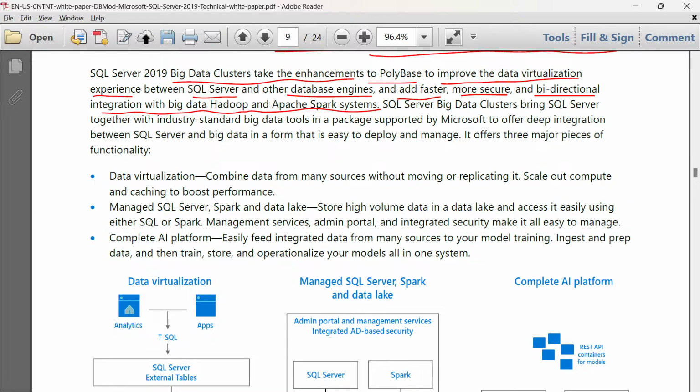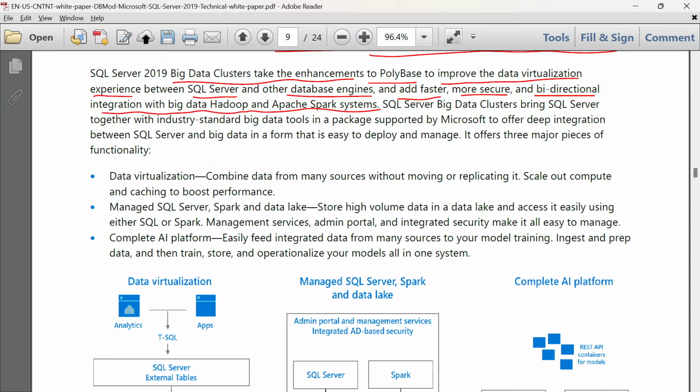Means we are talking about data integration. So data integration is generally one directional: the external data sources get collected or integrated into a common system based on SQL Server. That is data integration.